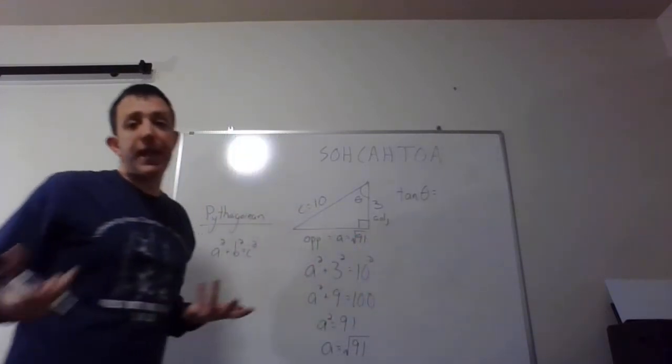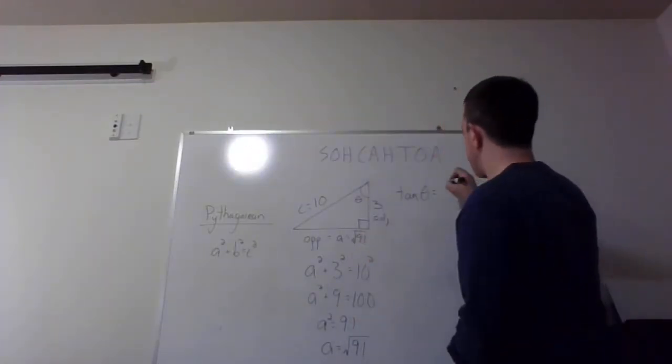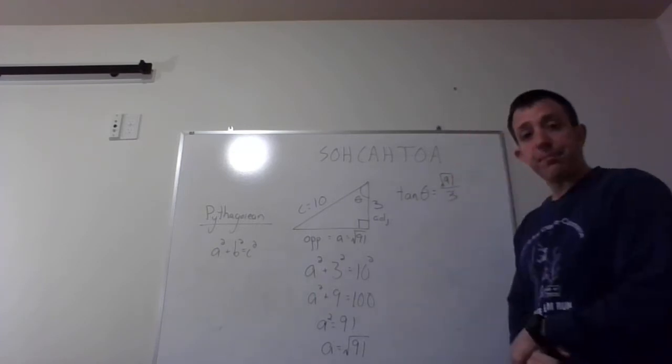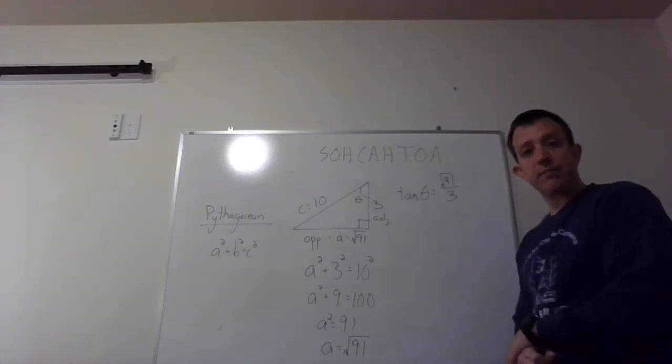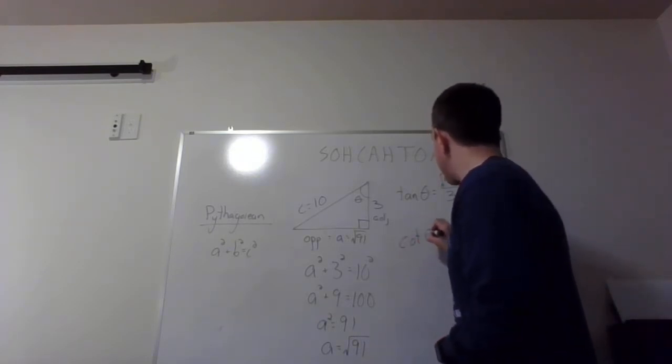But now I can build the tangent. Tangent is just going to be the opposite over the adjacent. So it's going to be square root of 91 over 3. And that's the tangent of theta. Done. That was fun. Now, if I want the cotangent, because this would be a good one to look at here,